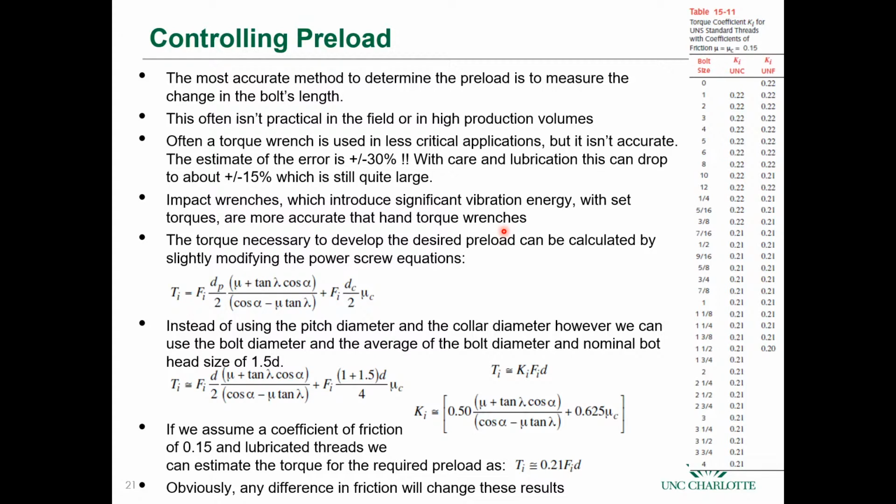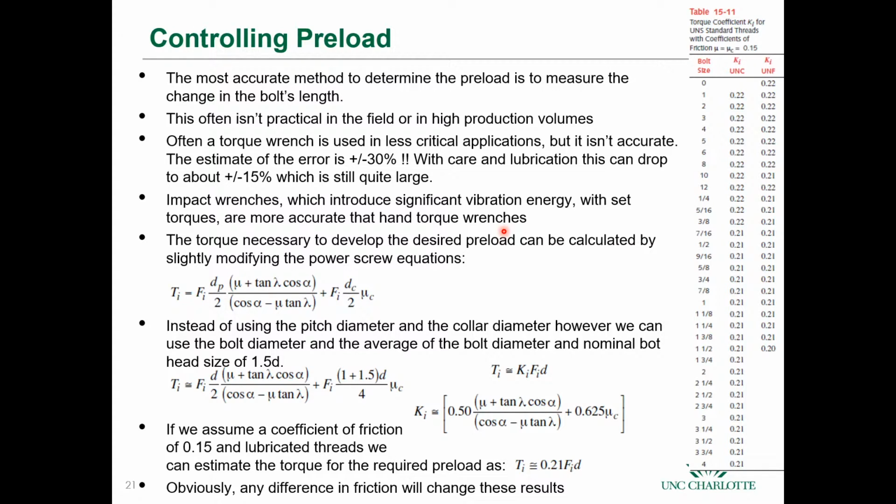So, which is still quite large. Impact wrenches introduce significant vibration energy, so when it hits, it actually causes the whole bolt to resonate at its natural frequency. It causes high energy vibrations. So if you use an impact wrench that has a set torque, where it'll slip, or you use a pneumatic drive where it just stops, they are more accurate than hand wrenches, because they can get closer to that torque value,